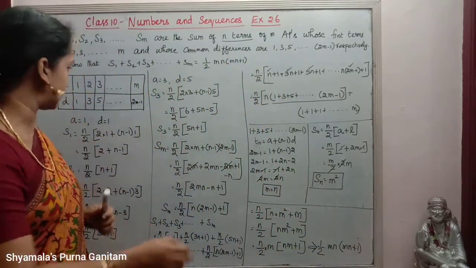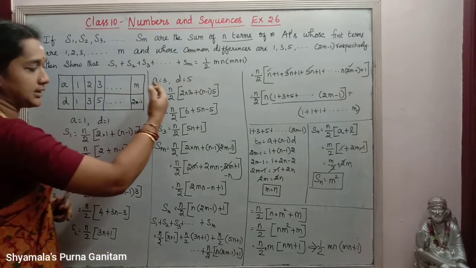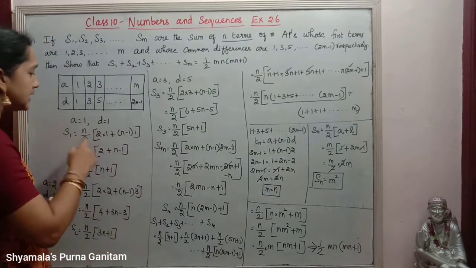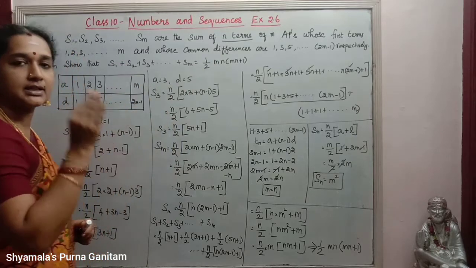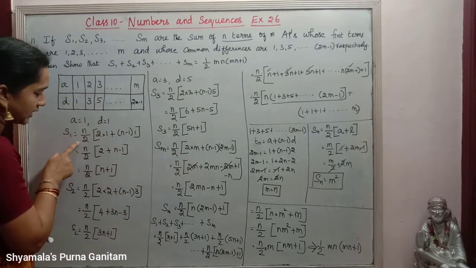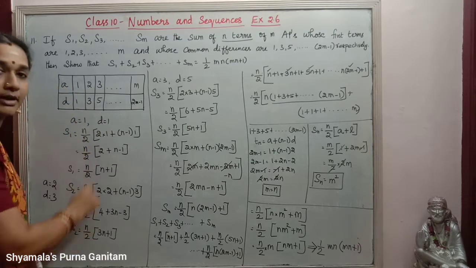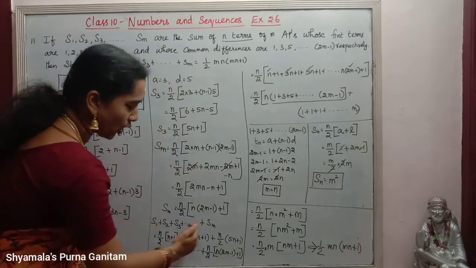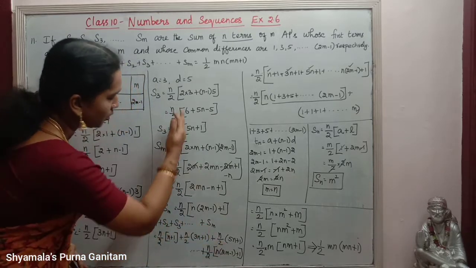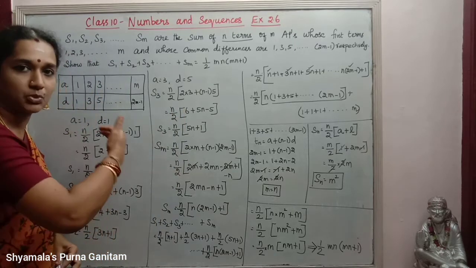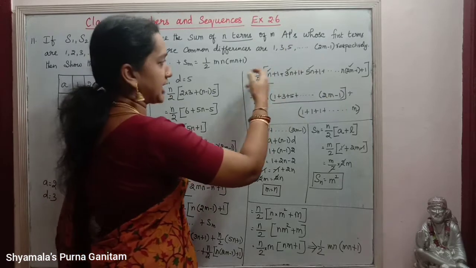One more time I will say, S1, S2, S3, up to Sm are the terms given, and here we are finding. We are keeping this n as it is. Why? Because it is given n terms, sum of n terms. So we are keeping that value as n itself. So n by 2 we are keeping, and adding all the terms S1, S2, S3 up to Sm on the RHS. Whatever values we got for S1, S2, S3, we are adding them separately.